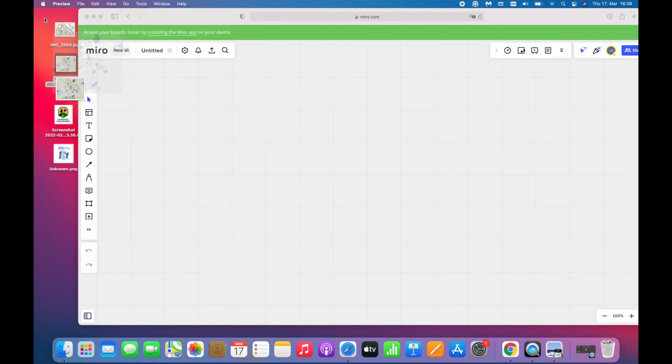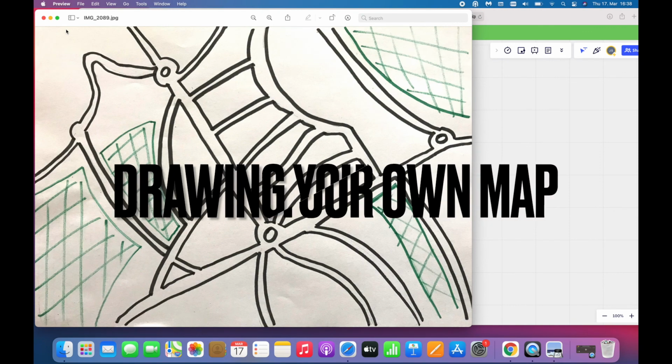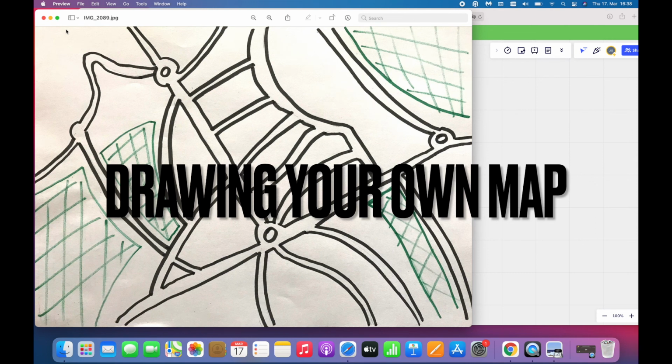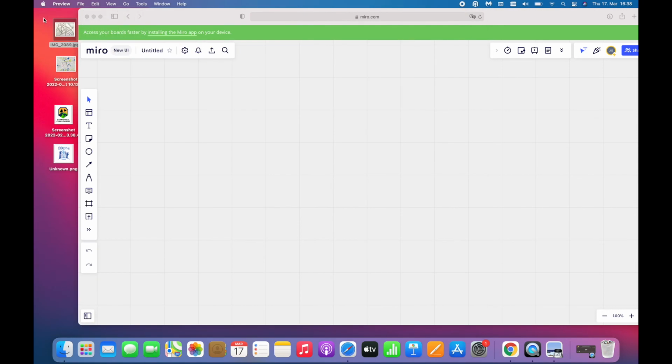This is a map from this same city we just looked at. I drew my own map with the main roads. You can see here the green areas in this part of the city and roundabouts, and this would be my base, and where I then put all the different elements of my map. So in order to put this as a background in Miro, I just drag it into